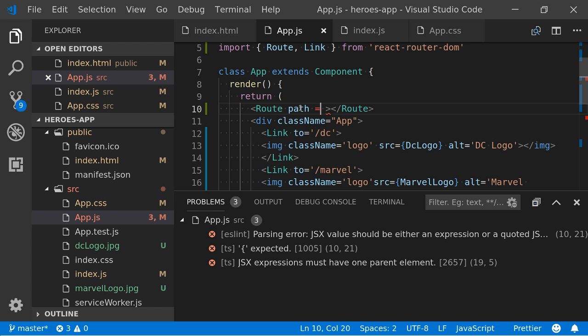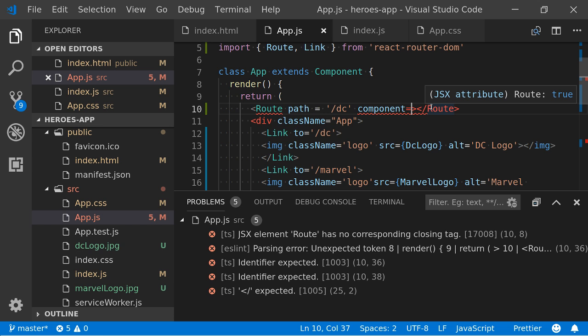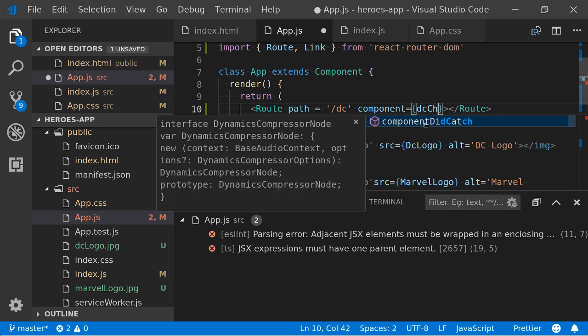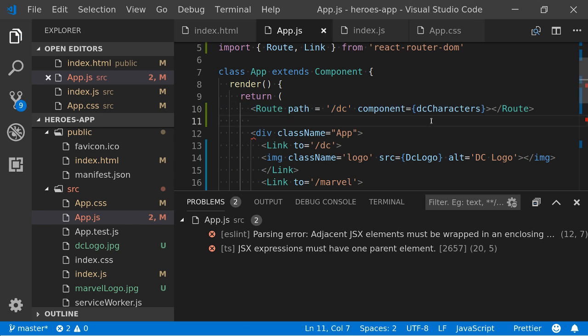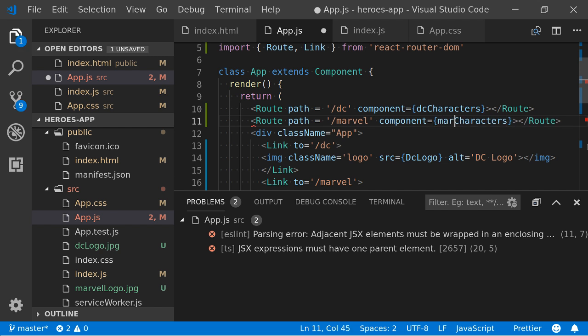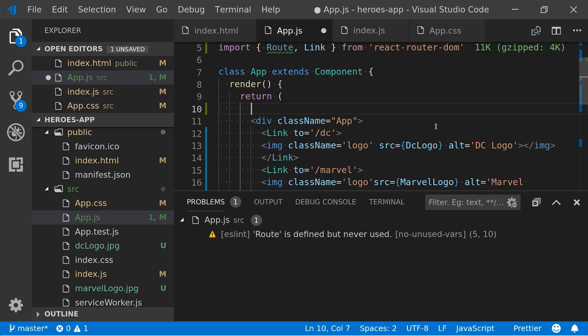All right, so let's get these routes finished. As I say, it takes a path attribute. It's okay, they'll come back again.